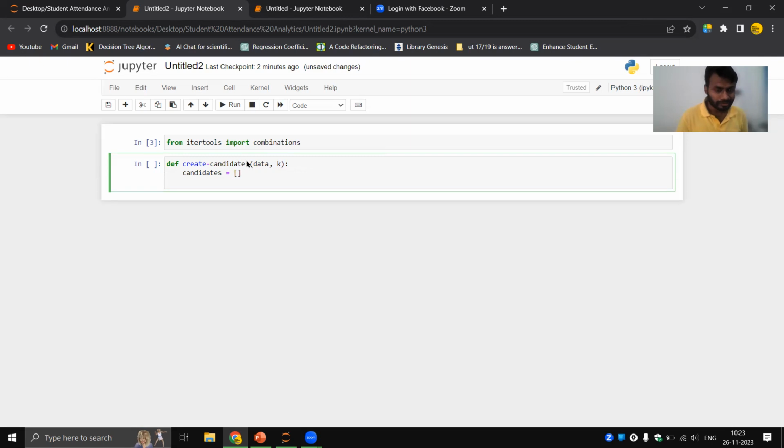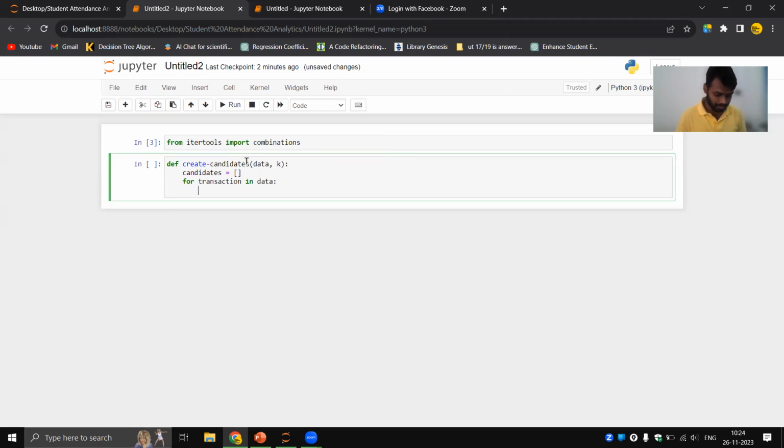Next one is, for transaction in data. This is the for transaction of the data, and for item set. Which one is the item set?